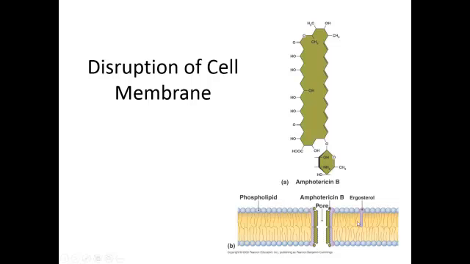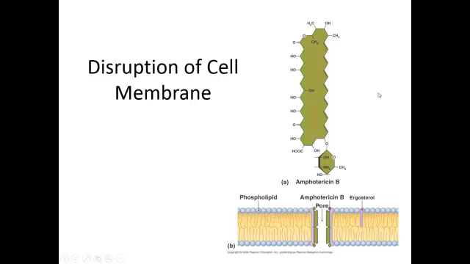So one of these is ergosterol, and it is in the same class with cholesterol. It's a little bit different. So we have a drug, amphotericin B, that binds to ergosterol, causes them to line up, and this causes a pore to form in the cell membrane, and we can have leakage out of the cell,